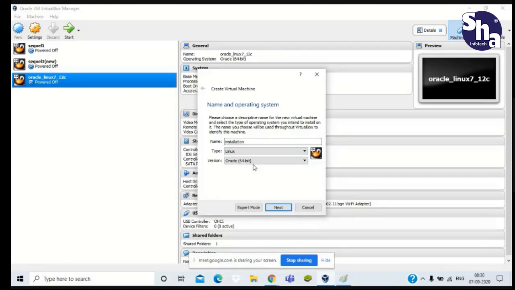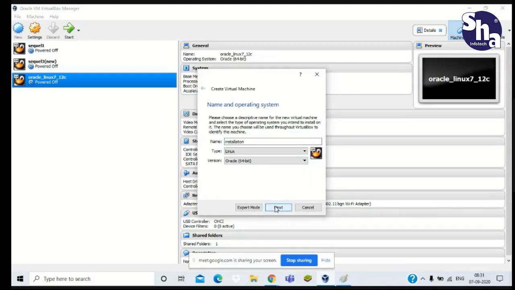So we use this Oracle Linux software. We also have the ISO file only for Oracle Linux. We don't have Red Hat or anything like that till now. The availability is only the Oracle version of Linux OS.